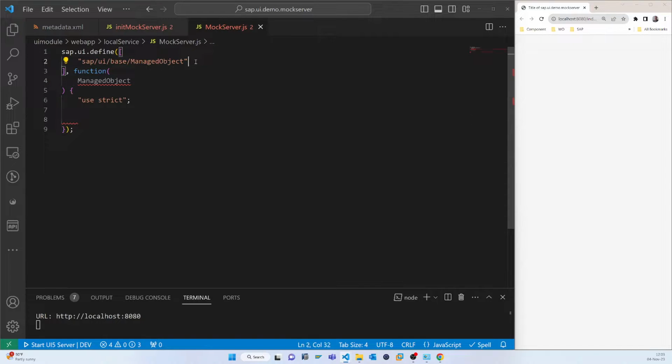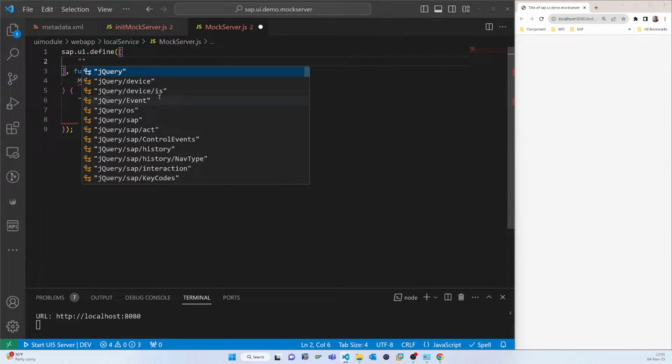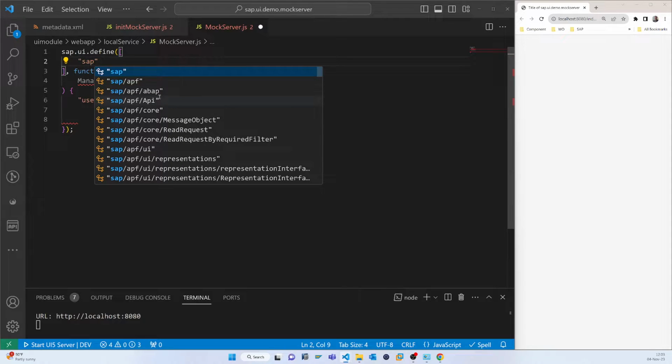And this manage object, it's not required. So we'll call the main SAP defined mock server, sap.ui